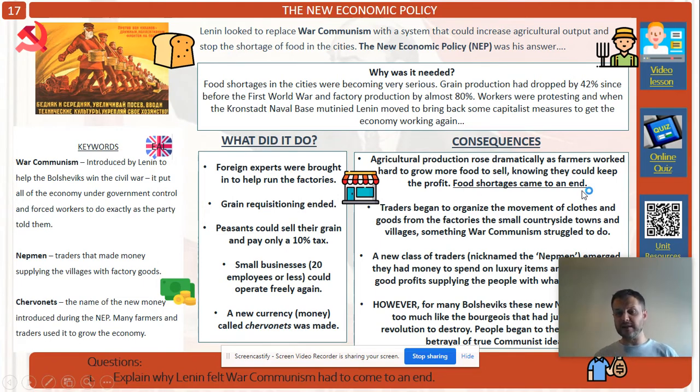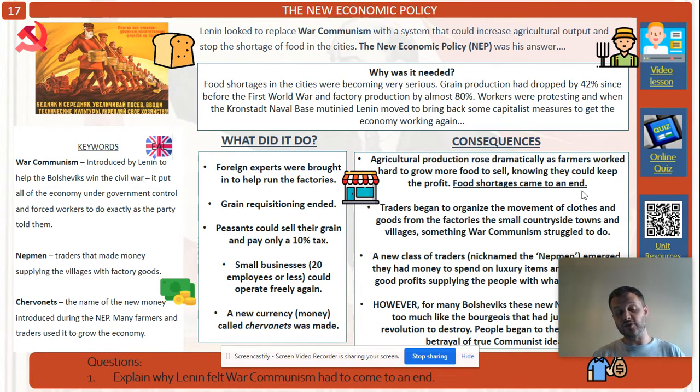And so it seems that the capitalist way of building incentives into a system, e.g. profit, like if you work hard, Mr. Peasant Man, and you grow lots and lots of food, then you can go away and you can sell that food and you can take that extra money and spend it however you like. That's quite attractive. That gets people working. That gets people investing and coming up with new ways of growing food. And so that's what happens. The countryside starts to grow more food.